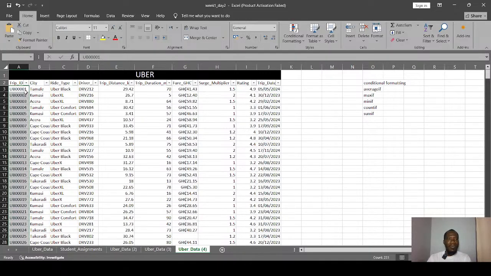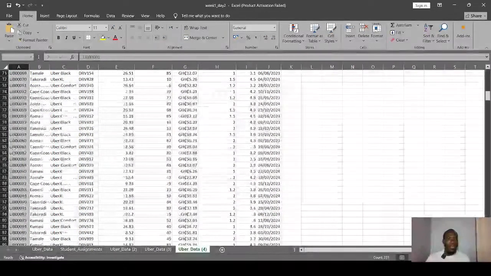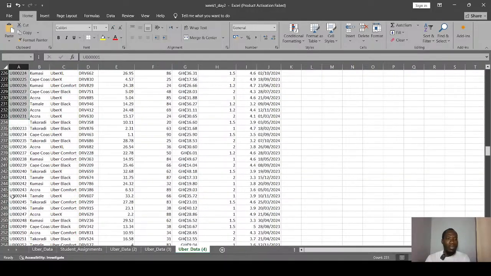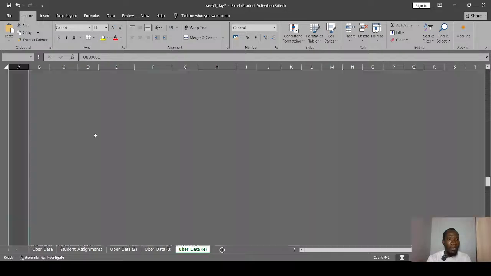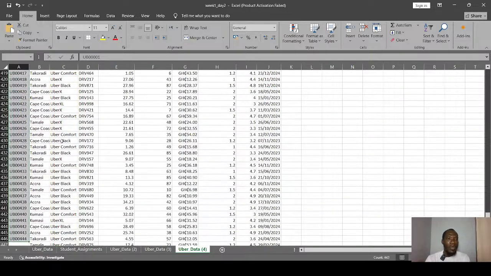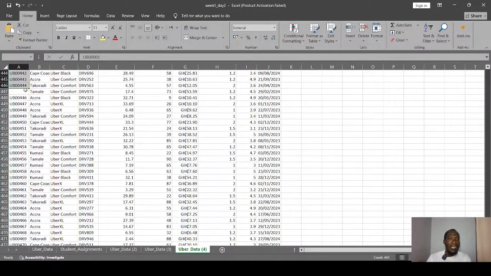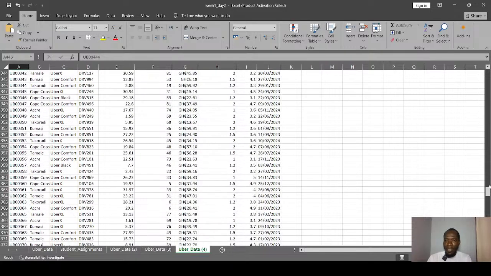Yes, so if you do that and you get here, you realize that it stops. All you have to do is press Control Shift and the down arrow again, and it will continue to the next empty cell. Oops, this thing just messed up everything.